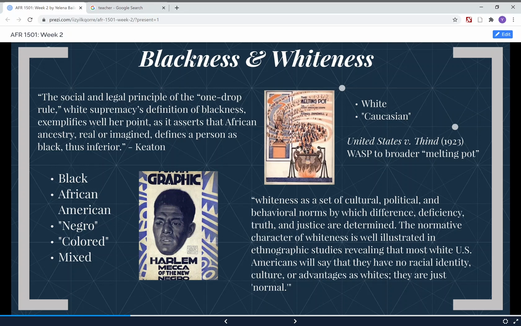So this is really the crux of a lot of what we're going to be looking at in this class, is if whiteness is kind of the default or seen as the norm, then what does that say, or what happens historically to blackness? Especially if we understand these two as historically being understood as opposites, right? So if whiteness becomes the default norm, then what does that mean for blackness? So when we look at space and how that shaped kind of U.S. identity and politics and sense of belonging, we're going to look at what happens not only with white space and white identity, but then what that means for black space and black identity.